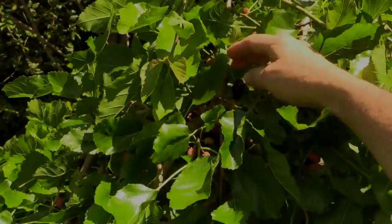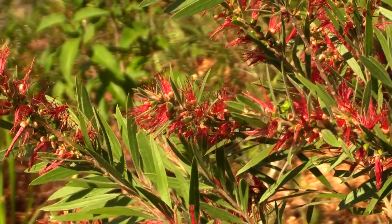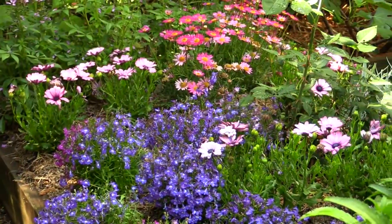Now tell me you haven't ever wandered past a beautiful garden and thought, wow, how do they do that? Garden beds filled with lush and healthy plants and loads of flowers and fruit. Your first thought is, they must spend all their time in the garden. Well, in some cases you might be right, but there's one thing all of these gardens will have in common: